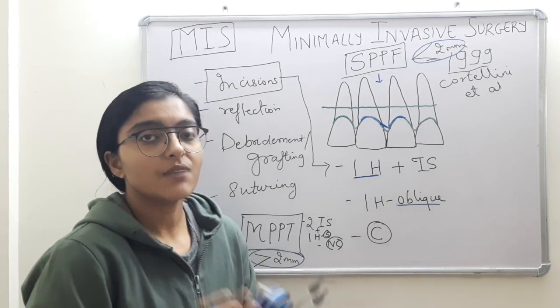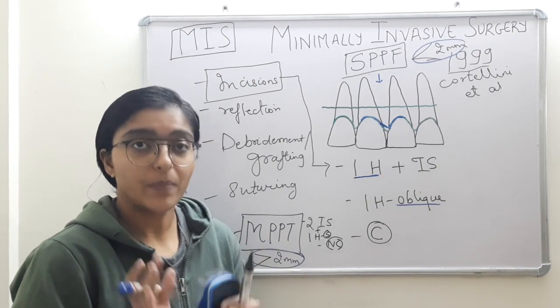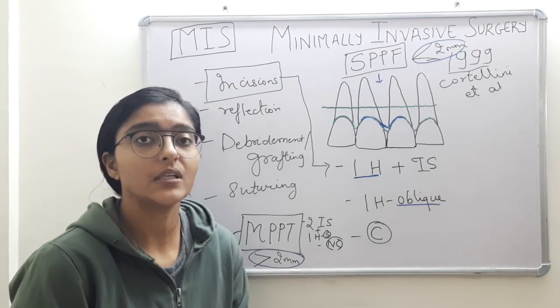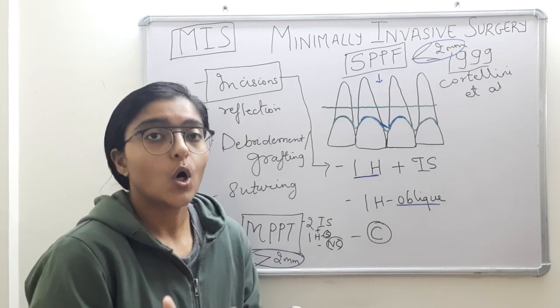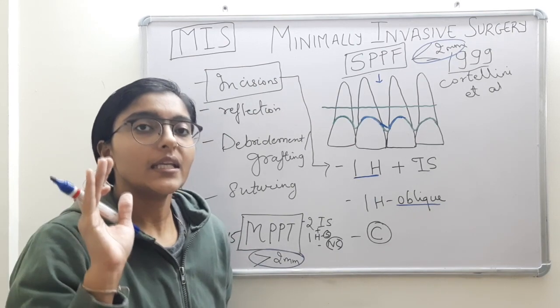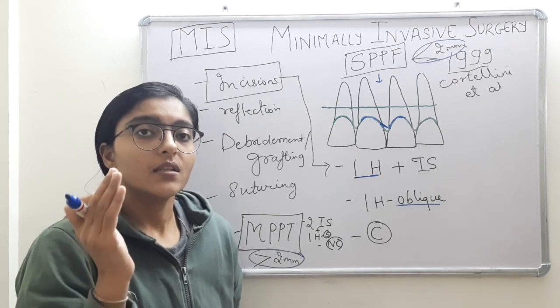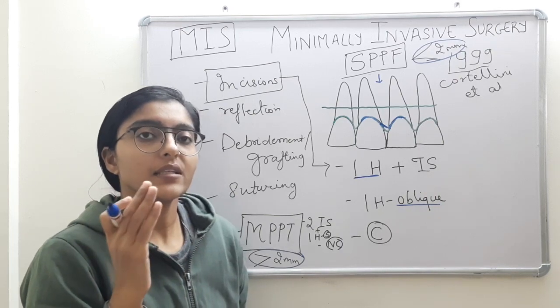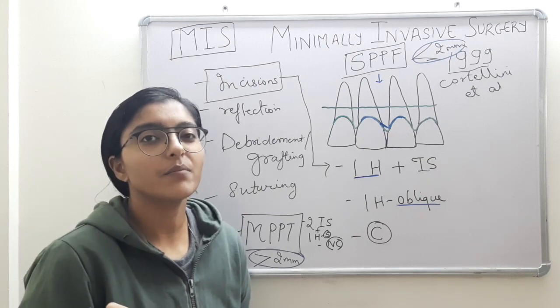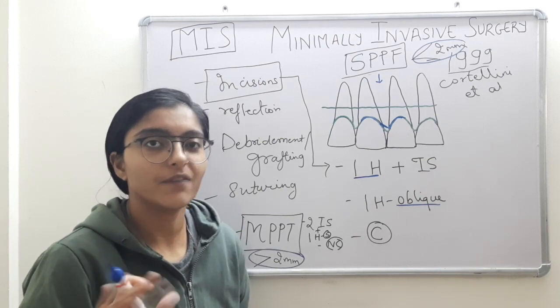MPPT and SPPF are originally modifications of the papilla preservation flap, which were taken as foundation or pillars to propose or create the next technique called MIST. In MIST, the flap approach can be either MPPT or SPPF. This is where the major confusion begins. It happened with me as well.